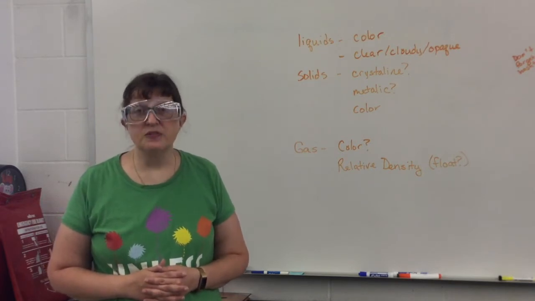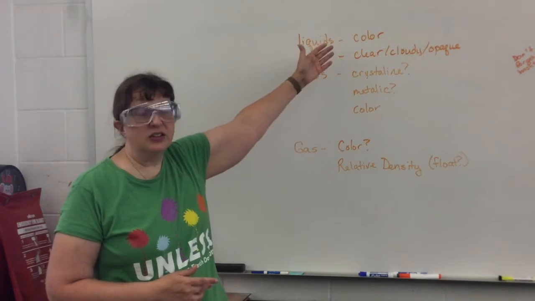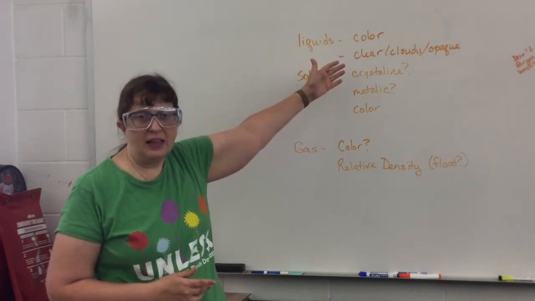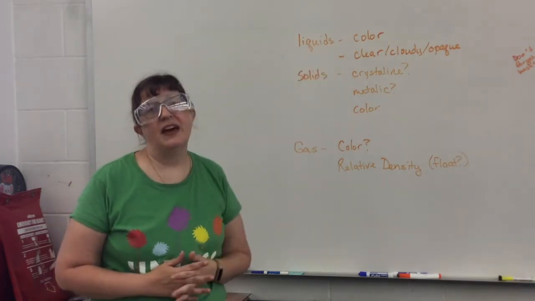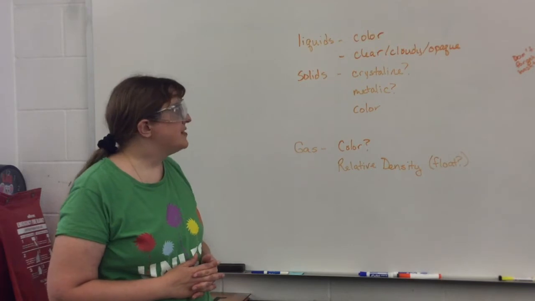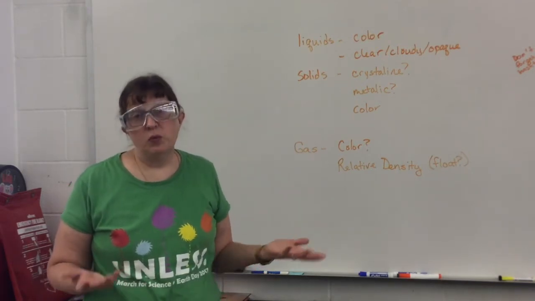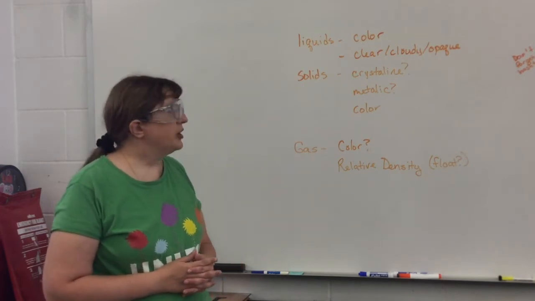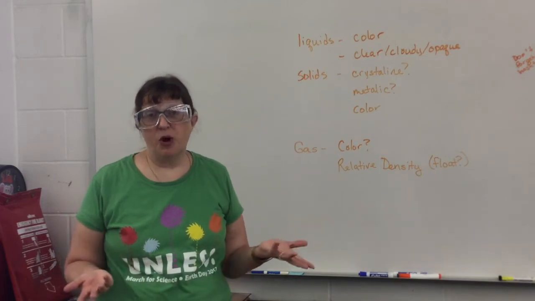you have observed. When you're observing a liquid, you want to indicate the color and whether it is clear, cloudy, or opaque. There is a difference between clarity and color, and we'll talk about that in just a minute. If you have solids, you might want to notice if they're powdery or crystalline. You might want to take note of the color or if they look metallic. You might want to notice whether or not they dissolve in water if that's part of the procedure that